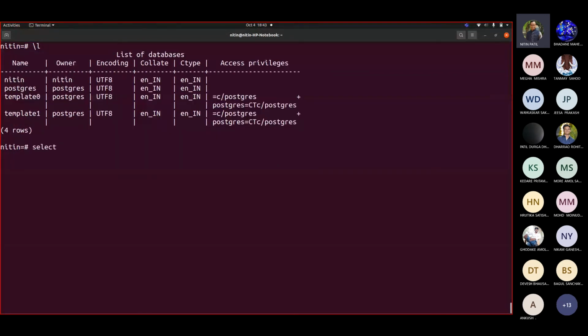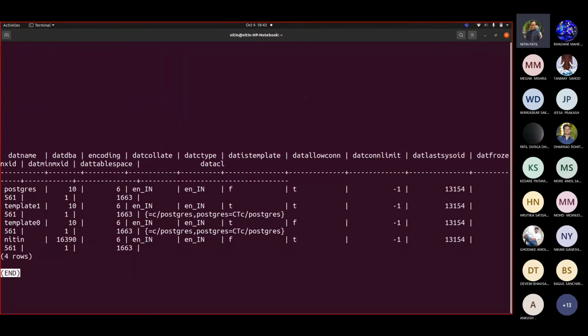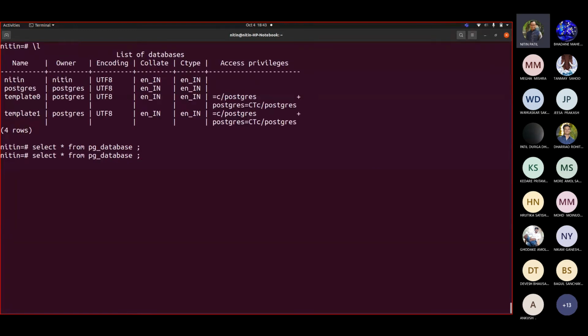Let us now write select star from pg_database. Now it added more details. So let me select datname, comma, datdba from pg_database.